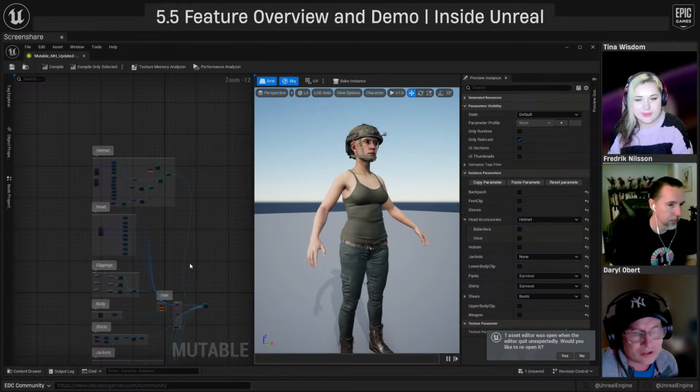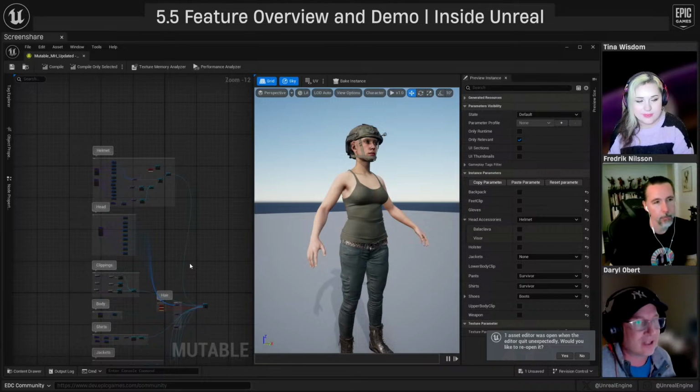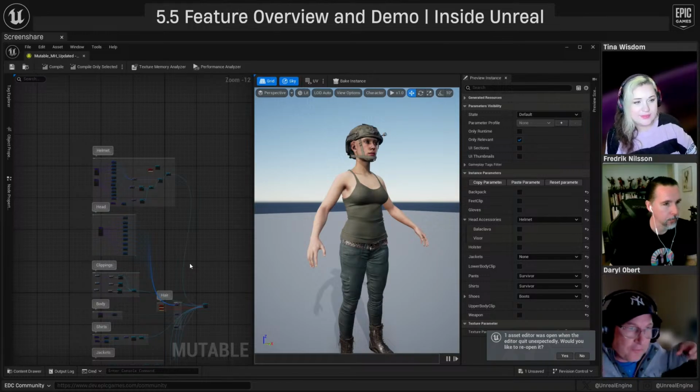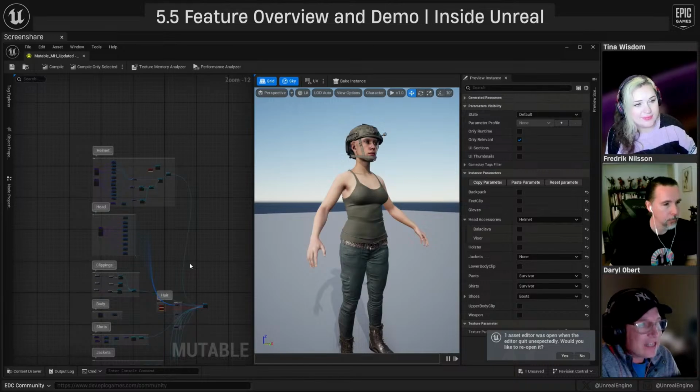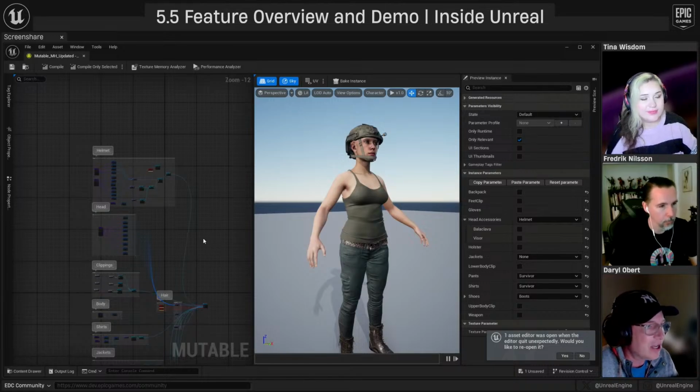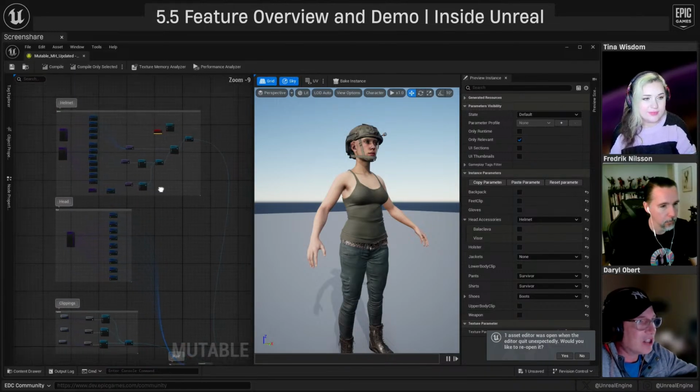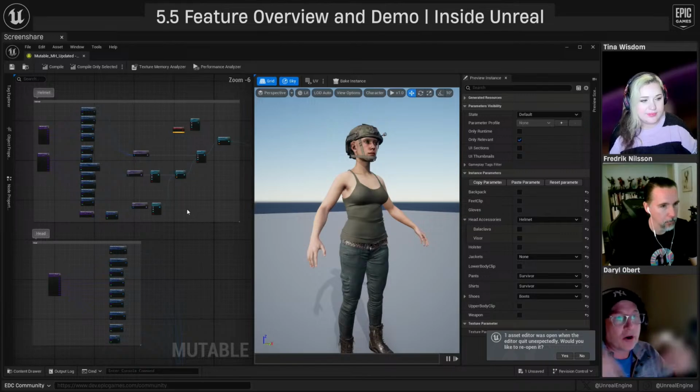And this is how we're using Mutable heavily in our own IP at Epic. It's how we can handle the complexity of something like a minifig that has to have literally thousands of potential options feeding into the overall structure of what that character is. The idea is that you could build a relatively simple rig, and then this rig or this logic between these nodes can go out and query a data table.